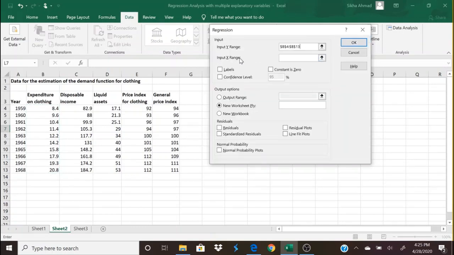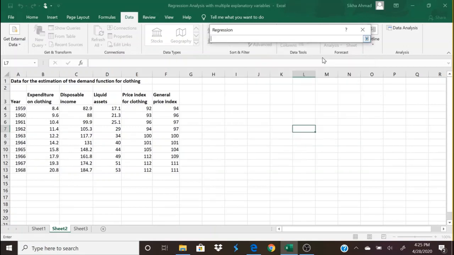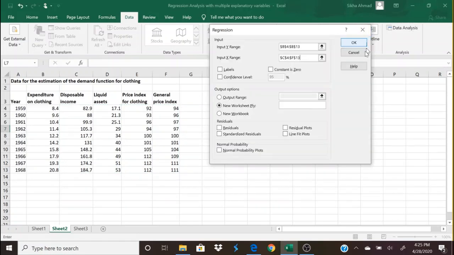Now we want the X range, so we'll select here. In some cases where you have a 2 variable linear regression model, you will have only one explanatory variable. In that case you will select just the single explanatory variable, but in this case we have multiple explanatory variables. So we will select all of them. Then we go back here.